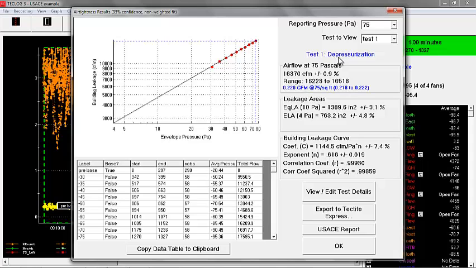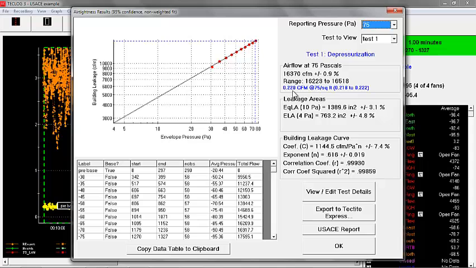And our total flow, this is our depressurization test 1, and our total flow is 1637. It shows us what our CFM per square foot at 75 pascals is here as a metric, and this flow is being displayed at 75. We could change the reporting pressure to other reporting pressures, but we've got it set to 75. And the Army Corps standard is 0.25, so we were well within that standard,